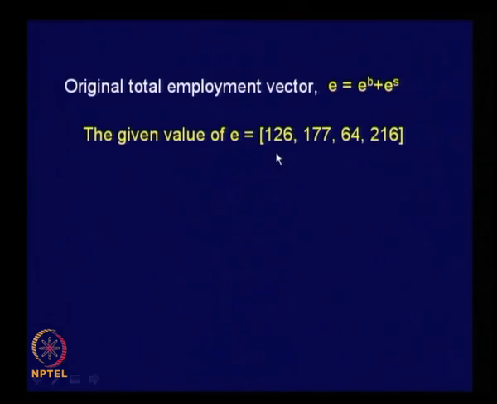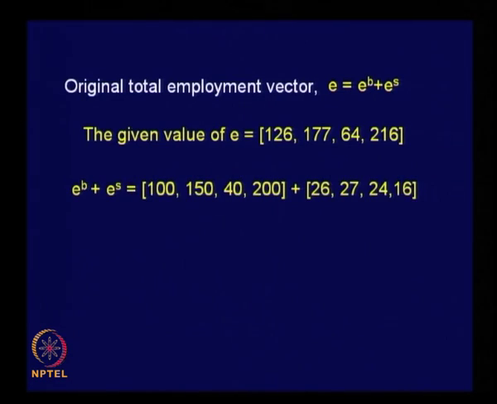So, the given value is this 126, 177, 64 and 216, that is known to us, and now let us add these values EB and ES, and if you add this, the simple addition of the cells, we obviously get the same numbers 126, 177, 64 and 216, is not it. So, your predicted value is matching with the actual observed value of E. So, we can say that the calculation of A, B as well as ES is logical,